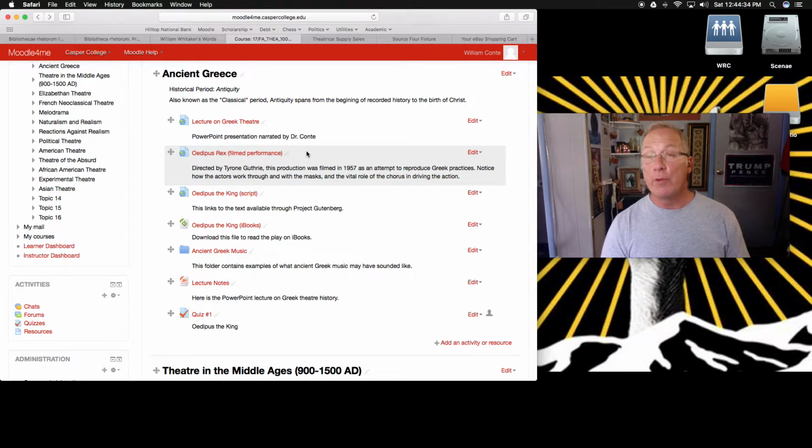When the performances are good and the video is good, it's better than reading the play in some ways, because you're able to visualize it. You're able to see how the play was imagined by the actors and the director, what it looked like on the stage, how an audience experienced it.